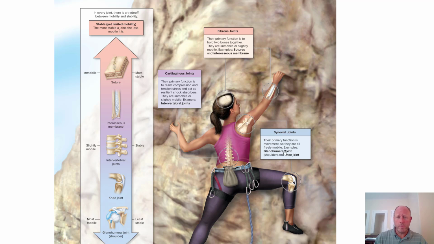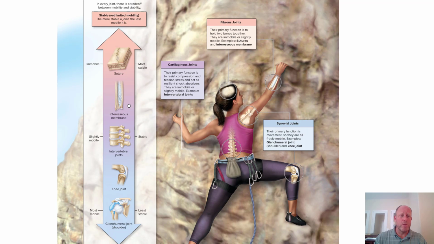Synovial joints, the primary function is movement, like your shoulder joint. So they're freely mobile. They can move through all three planes. The glenohumeral joint is one example. The knee joint moves through all three planes as well, but very minimally. The glenohumeral joint is the best example of the most mobile of the types of synovial